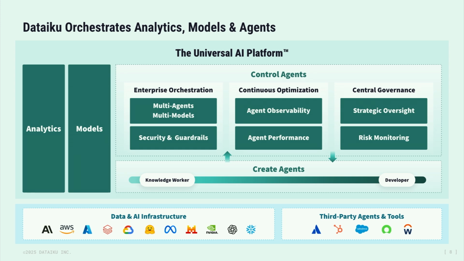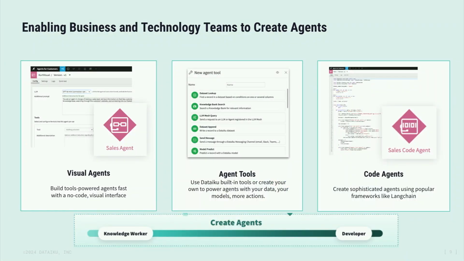but can be democratized across the different users of the organization. And of course, being able to connect these agents to the approved data and AI architecture and infrastructure within your environments. So Dataiku provides visual and code-based interfaces, depending on your proclivity, to be able to develop these sorts of agents. And what's more is we provide out-of-the-box built-in tools that you can use to empower your agents to be able to accomplish different tasks.